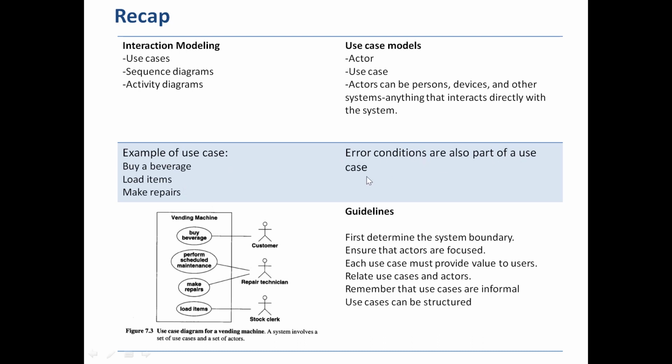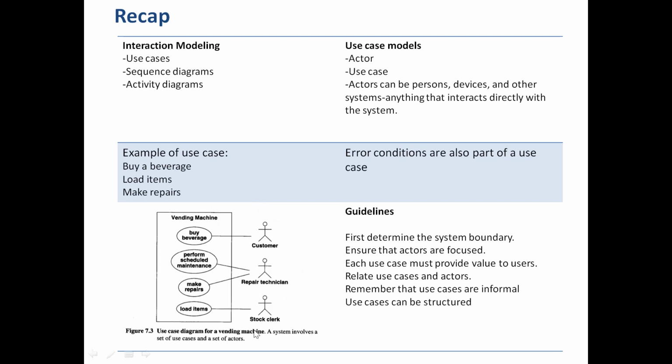Error conditions are also a part of the use case. So this was the example we had seen for a vending machine. In the rectangle, you have the name of the use case model listed. Ellipse is telling us about the use case, that is the different functionalities the vending machine is going to be used for. Who all are going to use it? These are the actors which are represented by the stickman in UML. So we have the customer, repair technician, and stock clerk, right? So you see, everywhere the connections are there. Customer can only buy a beverage, he cannot do any of the other things. That is what is being told through this diagram. Repair technician can only make use of these two use cases, and stock clerk can only load the items, right?